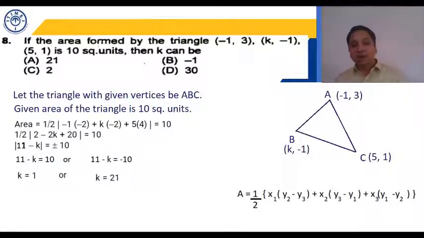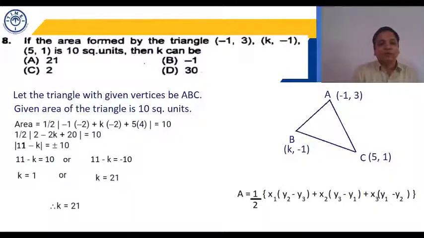But 1 is not in the choices. Minus 1 was there, 1 was not in the choices. The choice given as k equal to 21 matches with us. So we can safely say k can be 1 but it is not in the choices. K equal to 21. So we take our answer as k equal to 21. He doesn't have any choice. He's asking for a possibility.